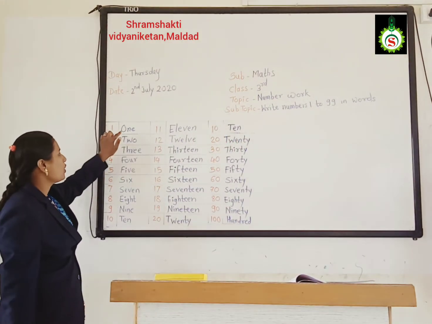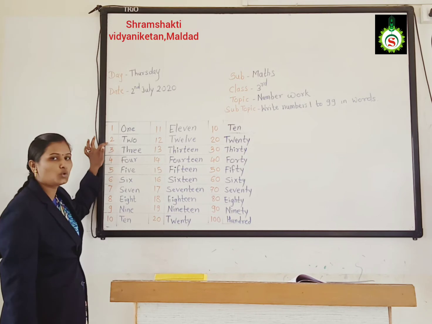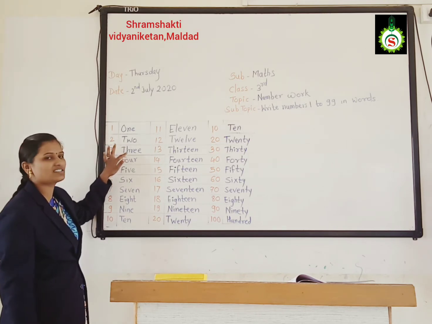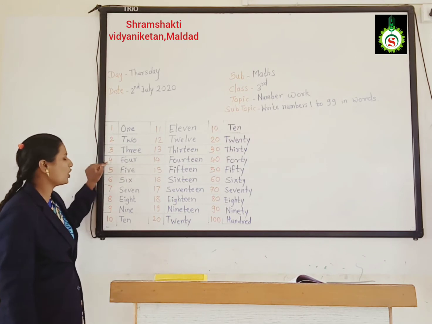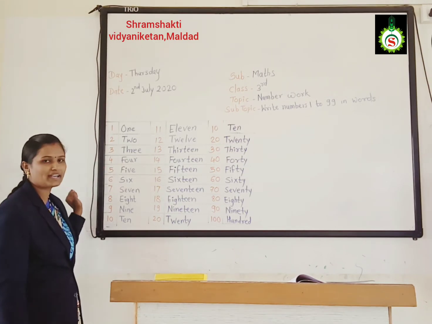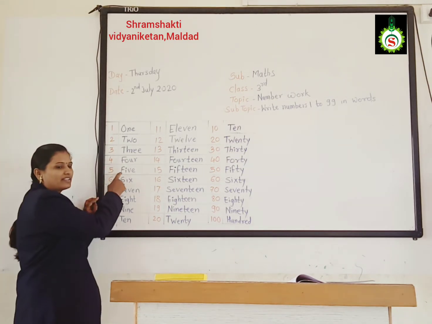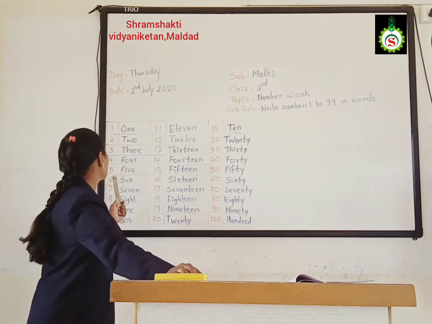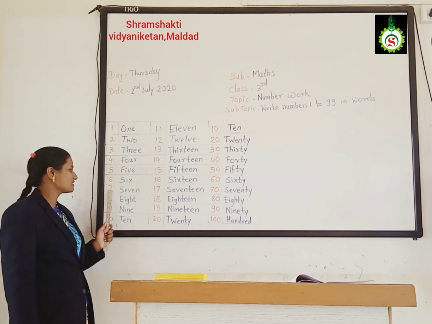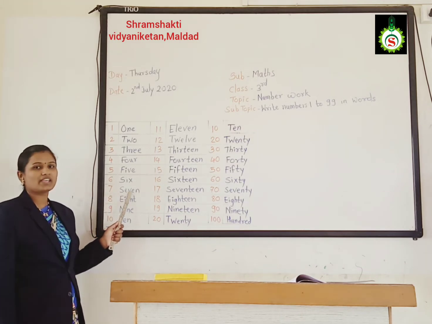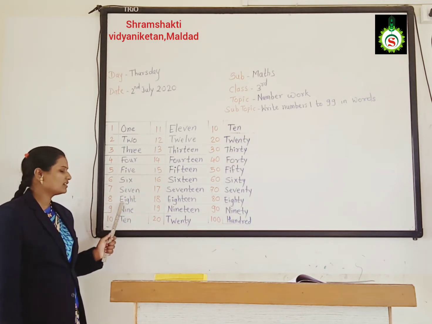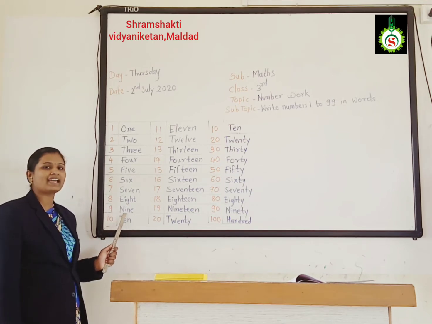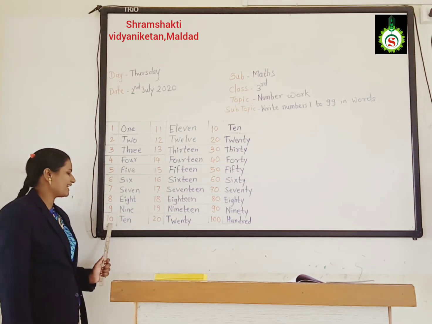1. O-N-E 1, 2 T-W-O 2, 3 T-H-R-E-E 3, 4 F-O-U-R 4, 5 F-I-V-E 5, 6 S-I-X 6, 7 S-E-V-E-N 7, 8 E-I-G-H-T 8, 9 N-I-N-E 9, 10 T